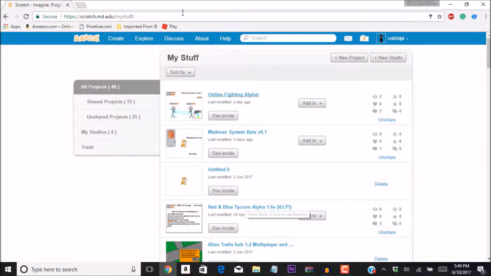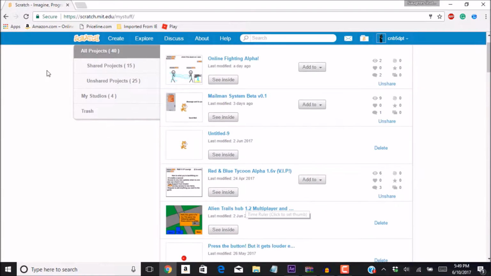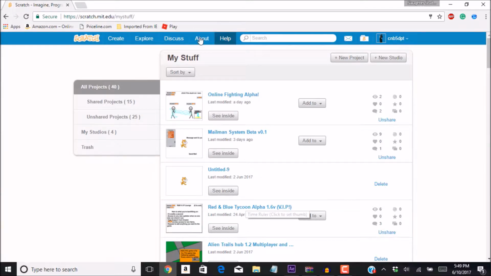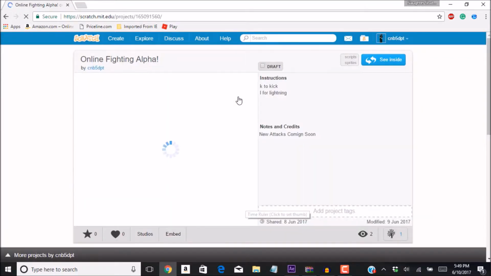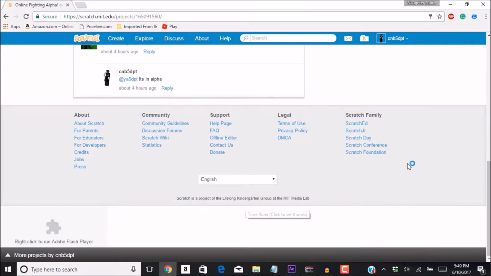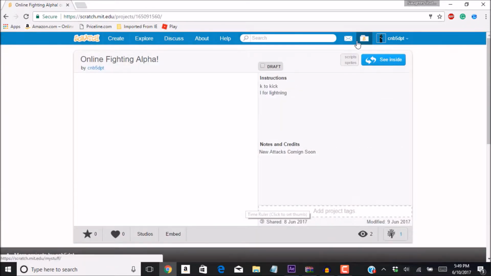Alright, hey guys, today I'm going to be showing you how to make an online or multiplayer fighting game on Scratch. Here is a preview of the finished project. It's still an alpha, so there's nothing too good to it right now. The animations are up to yourself, basically. I have my own animations, and